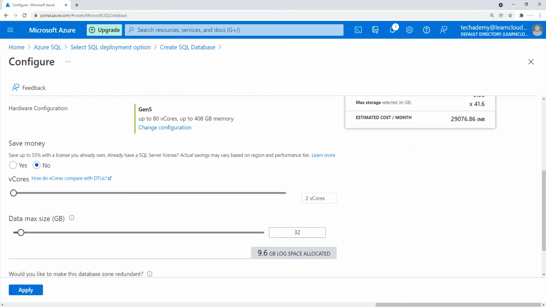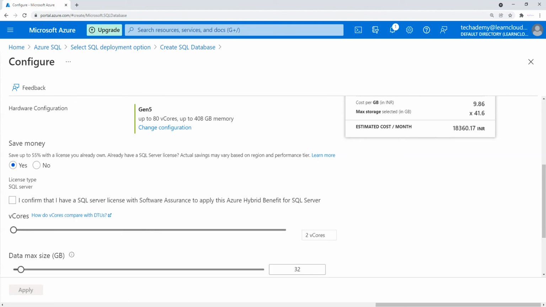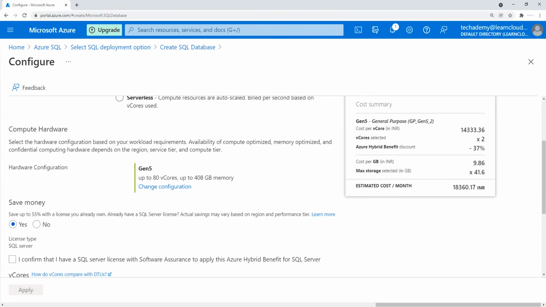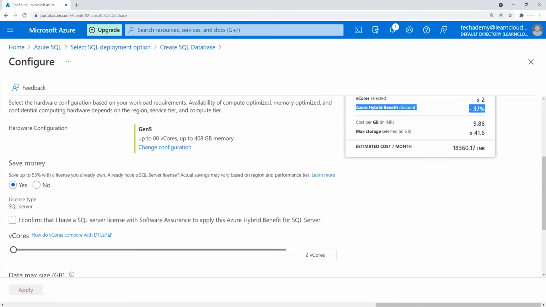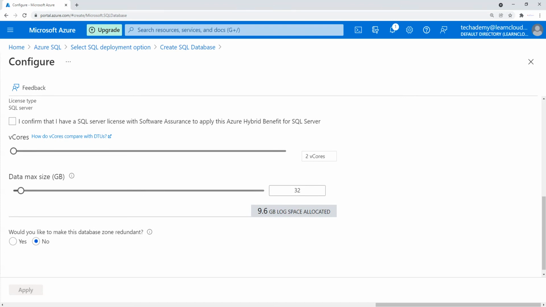also save money. So here Azure is giving you an option that if you already have a SQL Server license with you, you can click on yes, and the moment you click on yes, the pricing tier has been discounted by 37%. Here you can see the Azure hybrid benefit discount which is 37%, and we have two vcores selected. For that it is this much, and finally 18,360.17 INR is the final amount. Okay, so anyway, I'm not going to use this